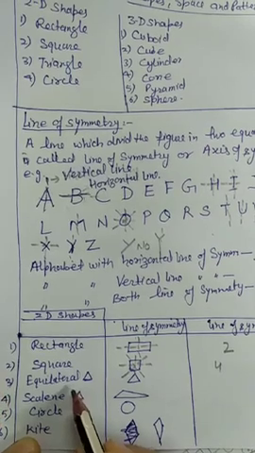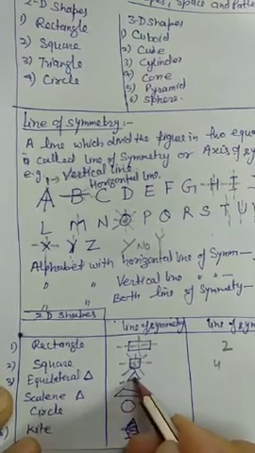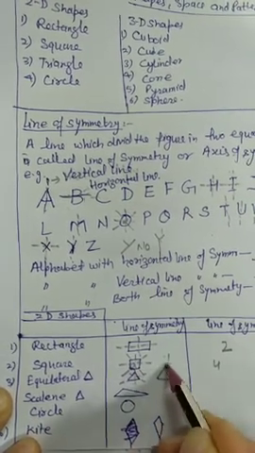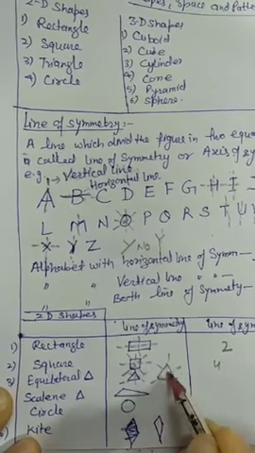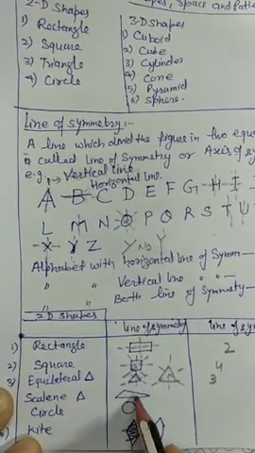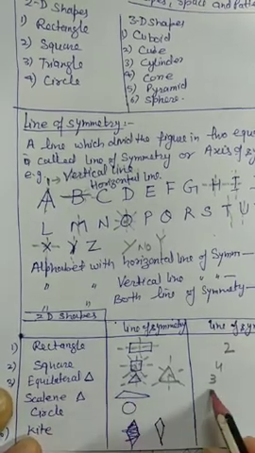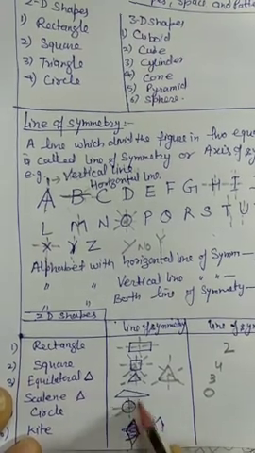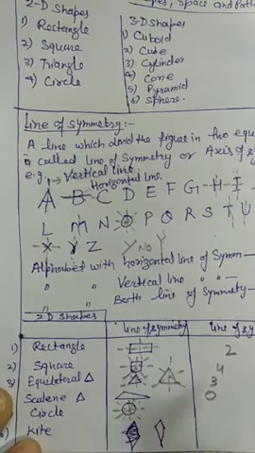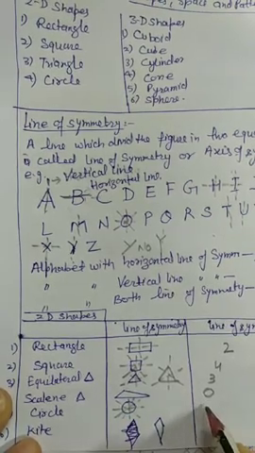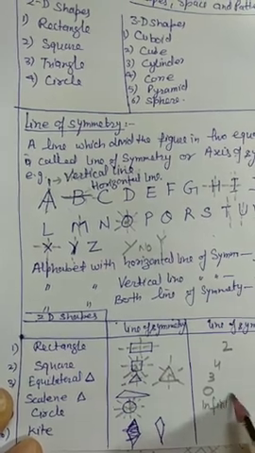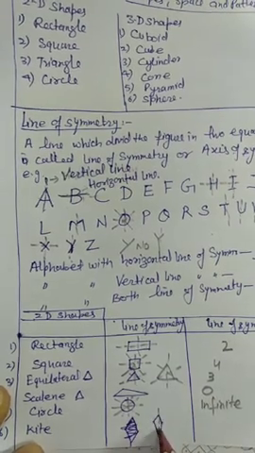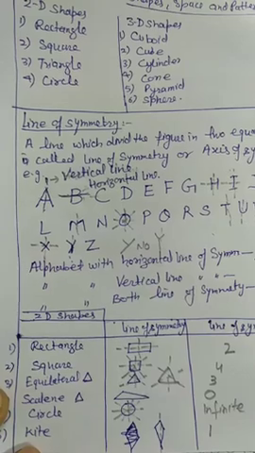If you have an equilateral triangle, the triangle in which all the three sides are equal, then three lines of symmetry. I will show you here. One line like this, second line like this, third line like this. Three lines. If you have a scalene triangle, no sides equal, so no line of symmetry, 0. And if you have a circle, then infinite many lines. All the diameters of the circle are the lines of symmetry. And here you can fold, it can be divided into two parts. So here you can write infinite means many lines. We can't count them. And a kite has one line of symmetry like this. One line of symmetry.